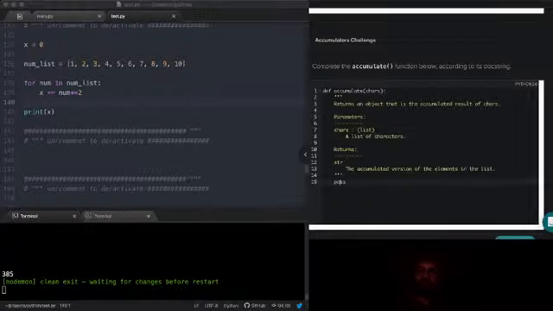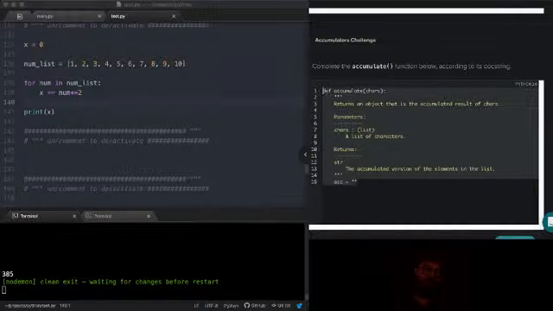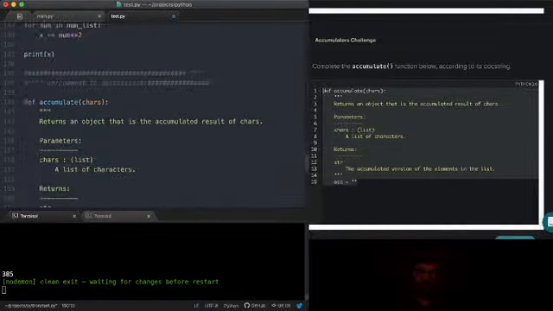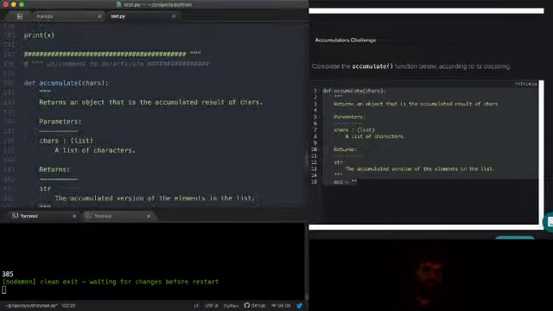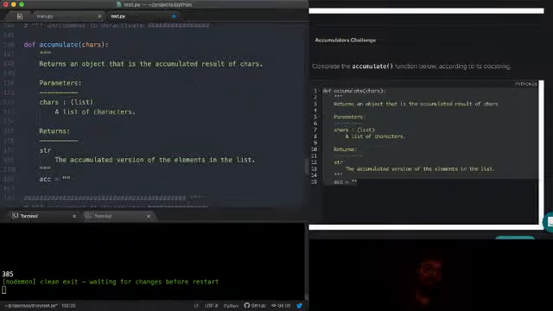So let's say acc equals a string. You know what, I should do this in my environment, since that's what I'm always telling you all to do. And we should get a test. Here I am jumping the gun.